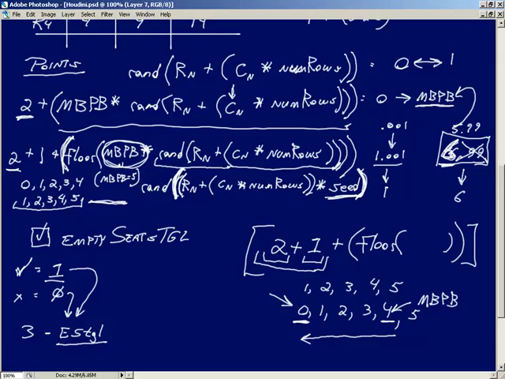So if we were allowing 5 balls per bench, let's allow 6. And that's going to be very convenient because of our number shift right here. We're actually maximum balls per bench minus 1. So what if we do plus 1? I'm not going to rewrite out the entire thing. All we're addressing is this little area right here. So I'm going to put parentheses around these 2 guys and then drag that all the way down to here. Cool. So parentheses, maximum balls per bench plus our empty seats